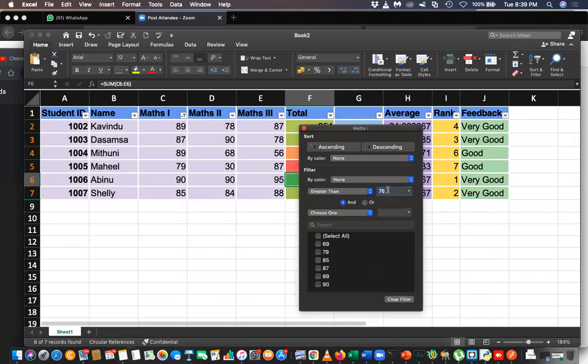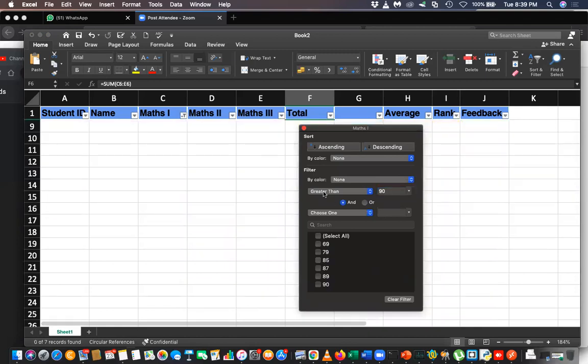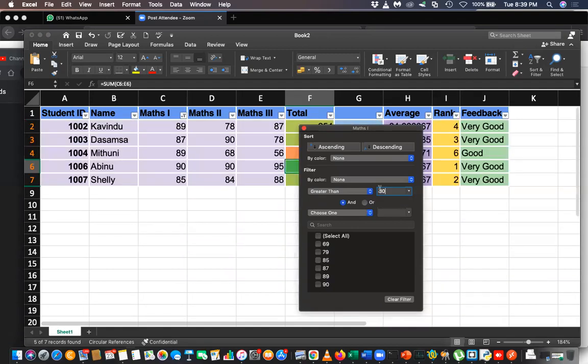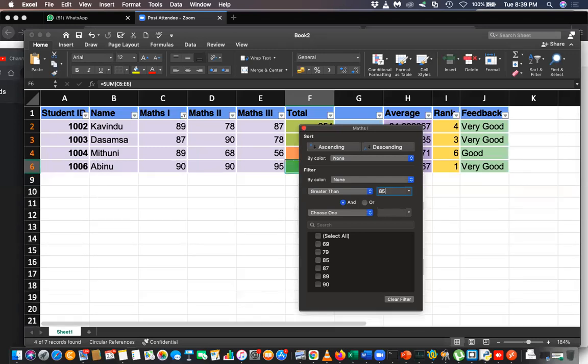If I want to filter greater than 90 marks, you can see no one got greater than 90. If I select greater than 80 marks, there are some who got greater than 80. If I want greater than 85 marks, you can see them. So this is why filter is important.